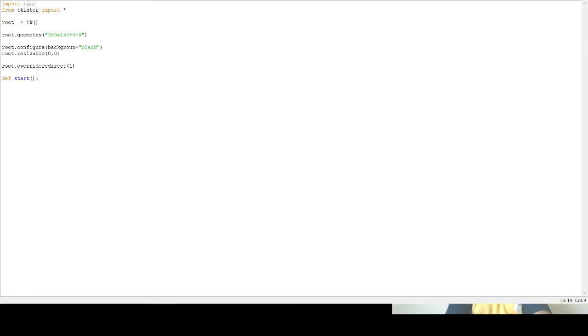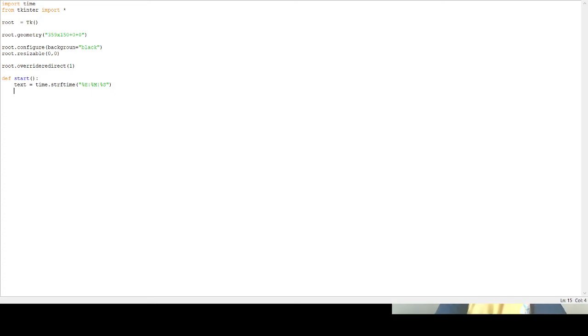So after def start brackets colon, type text is equal to time dot strftime brackets double quotes percentage symbol H colon percentage symbol M for minutes, and then colon percentage S for seconds,